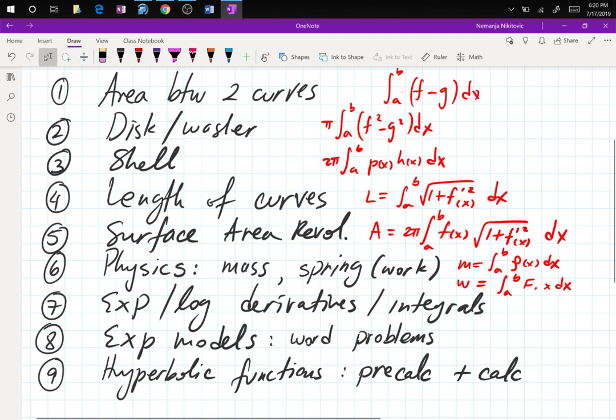So some problems state use the shell method, right? Or use the washer method to do blah blah blah. But in other cases, we just say find the volume as the function blah blah blah rotates around, let's say, the x-axis, and in that case you see which fits the best. So the word problem depends on,